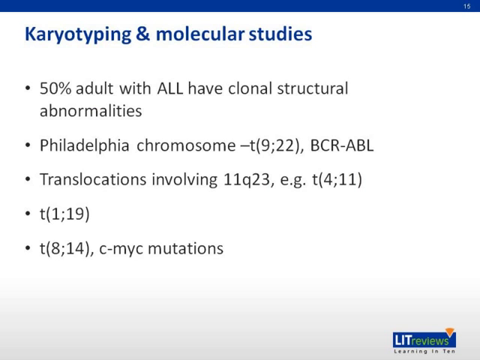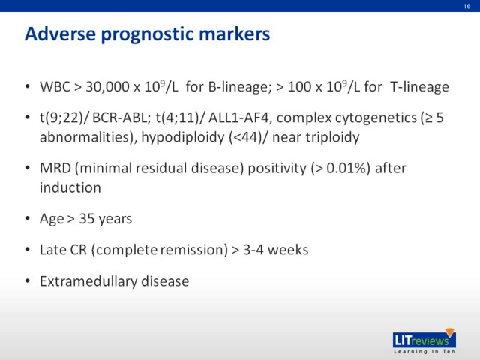Karyotyping and molecular studies are important in ALL prognostication, especially the finding of translocation 9;22 and MLL gene disruption. Improvement in cytogenetic, molecular, and flow cytometric analyses has seen these techniques take on a central role in ALL prognostication. Age remains important, as older patients may not only have more resistant disease, but generally are not as fit as younger patients in terms of tolerability to chemotherapy.